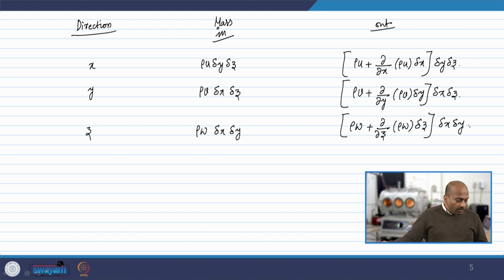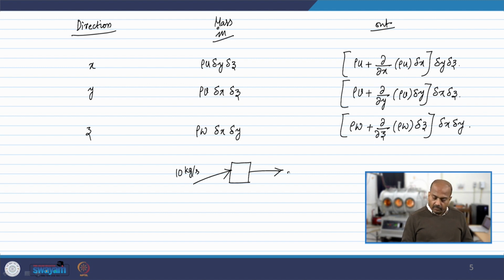Now, ideally the net mass that is going in, or the flux that is going in, should be equal to the net that is going out. So, if you have, for example, a small tank, and the water is going in at a rate of, let us say, 10 kg per second, and it is coming out at a rate of 2 kg per second, and you start your time at t equals 0 seconds and go to t equals 10 seconds, what would happen? At t equals 0 seconds, there is no mass inside. Within a span of 10 seconds, you would have accumulated a mass of 100 kg